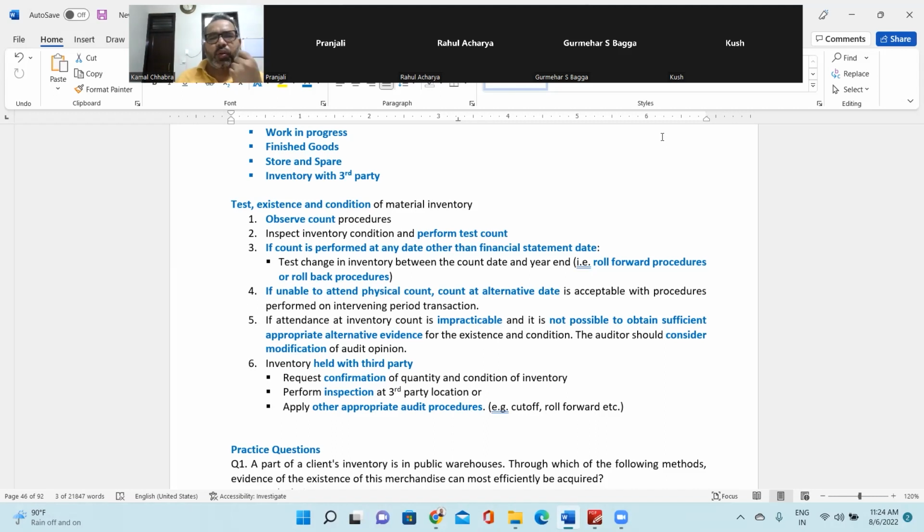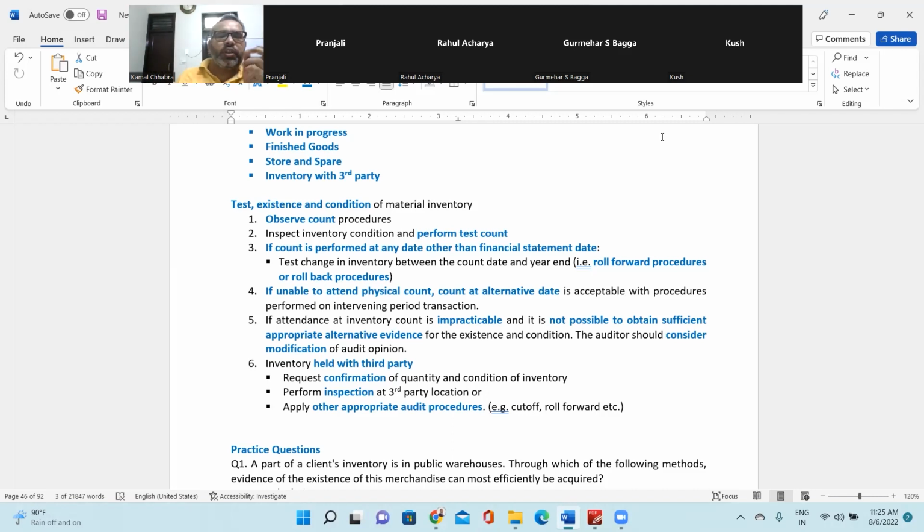So what procedures do you need to perform to gain comfort over the change in inventory balance from October 31st to December 31st? That means from 1st November to 31st December, what additions have taken place, that may be purchases or transfer of inventory, right? And what deletions have been made, that means transfer of inventory from raw material to WIP, WIP to FG, FG to sales, right?